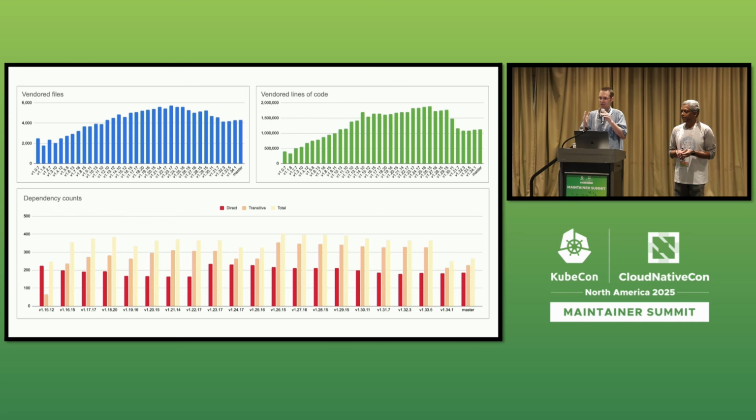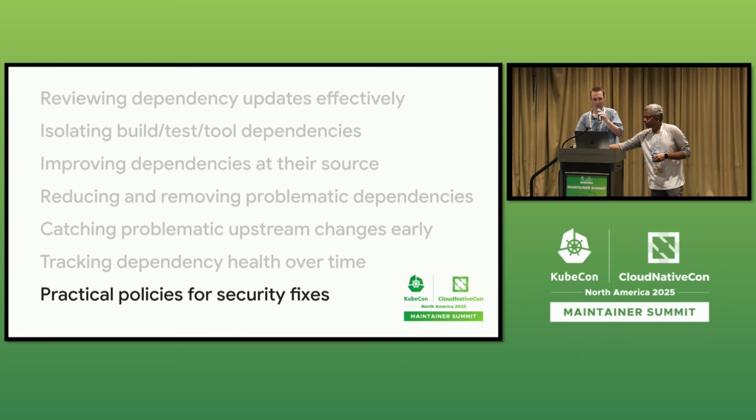If you don't pay attention to it, you see just sort of steady growth, which is what you see on the left side of that graph. From whenever it started, 1.0, up through like 1.16, 1.19, it was just steady growth. And that wouldn't have changed if we hadn't made concerted efforts to start isolating and paring down. A lot of that was cloud provider extraction, but some of it was the Gen Proto stuff that we had to untangle.